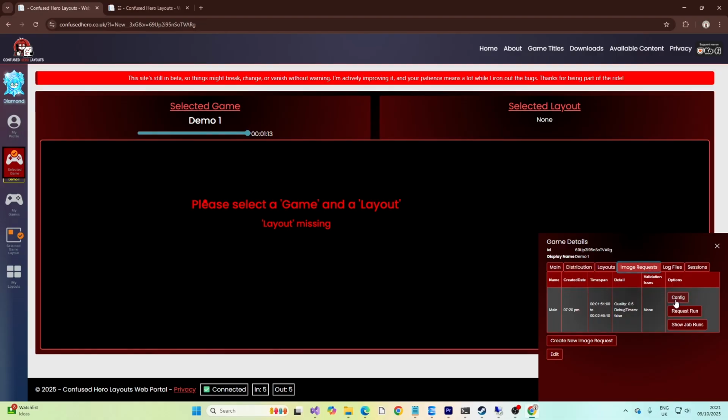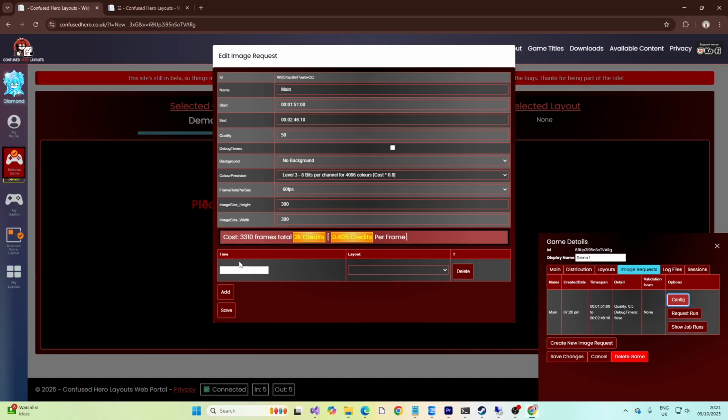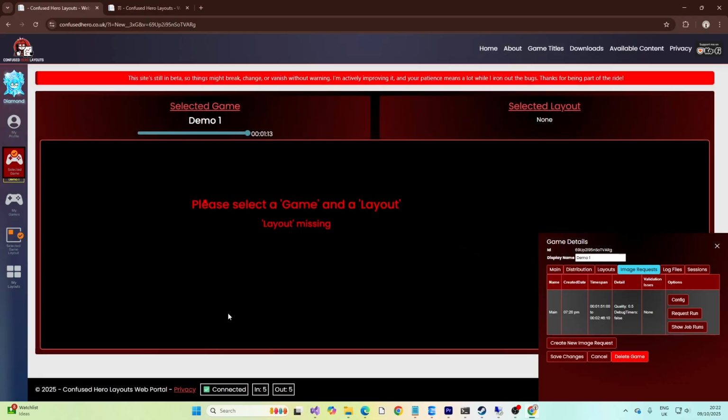We can go back into our image request config. We're going to start right at the beginning, and we're going to say Demo Dirt. That really just sets a default. This is going to be a lot more interesting and a lot more obvious what's going on here when we add more than one view. So I'm going to click Save, and that's it. We can now go ahead and kick off the job